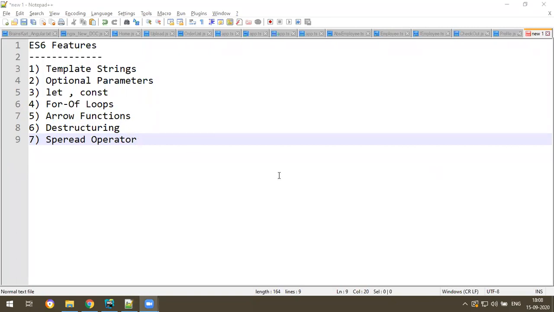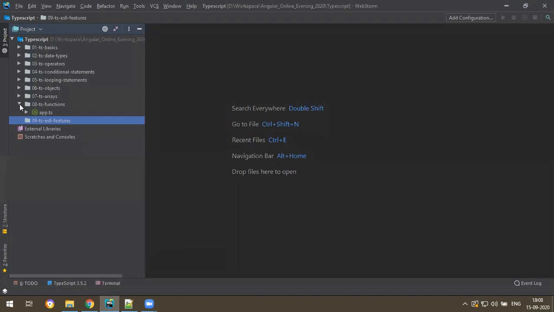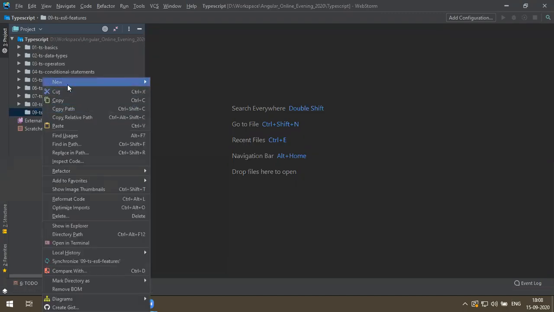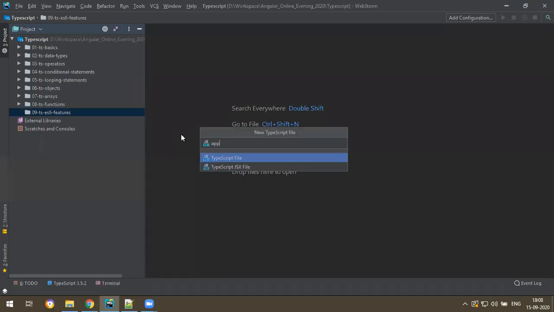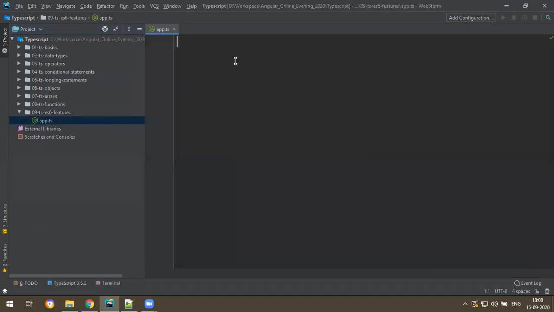For these ES6 features, I have a folder. In this I create a new TypeScript file called app.ts. We already configured automatic compilation. Let me open an external command prompt to see the output of this file.